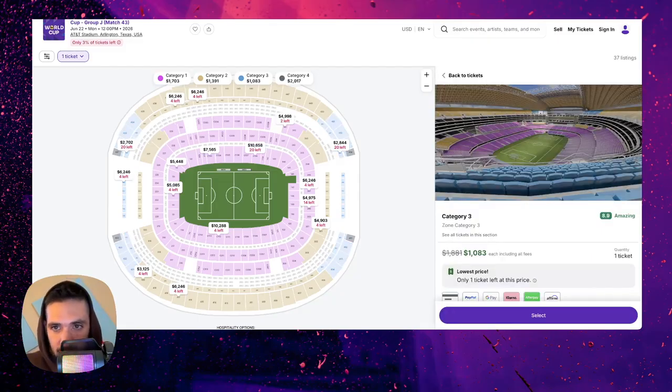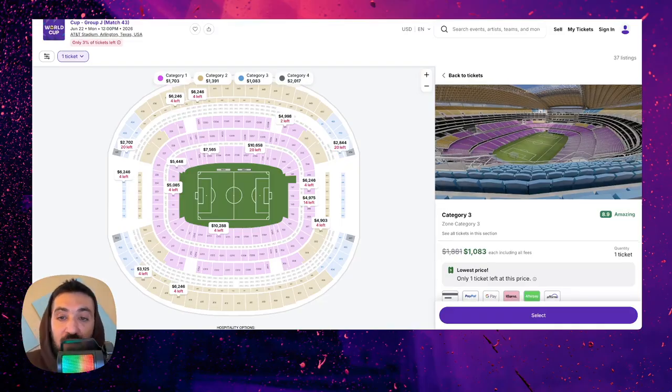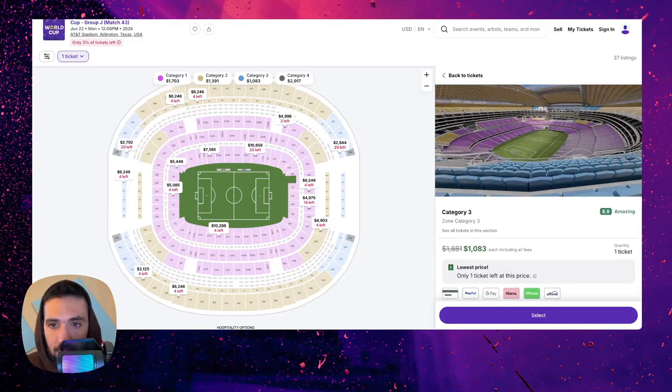You're on the corner, one of the corner kicks. From this point of view, this looks like there might be some obstruction because of the angle. But like I said, you're up in the nosebleed. $1,083 is crazy. It's very, very high. This is super inflated. Like I said, these numbers should be way lower, but this is what we're getting from this site right now. So let's just go with 1,083.